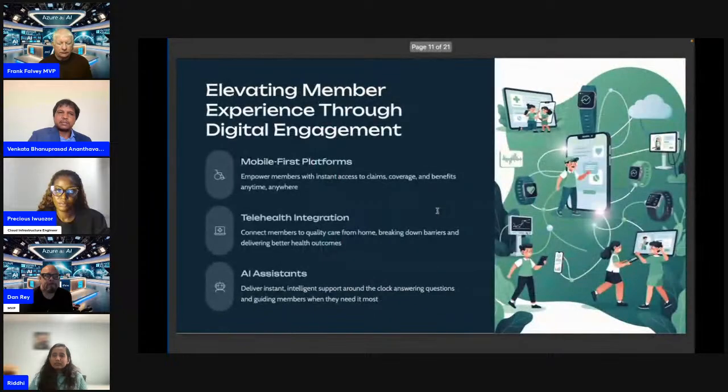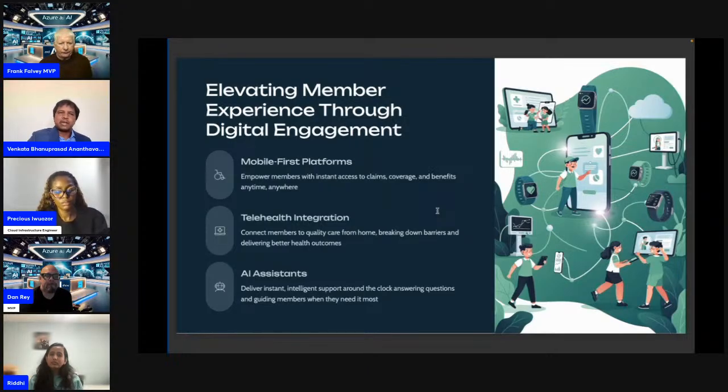Next, elevating member experience through digital engagement. Here we have key benefits, mobile-first platforms. Nowadays we can see telehealth integrations, so there is no need to rush to emergency or urgent care. We can use telehealth integrations, and AI assistants are also helping us. Mobile-first health platforms empower members with instant access to claims, coverage, and benefits anytime, anywhere.